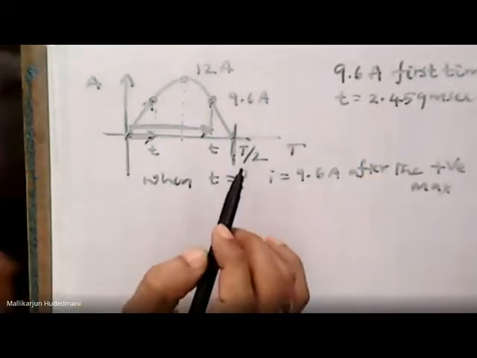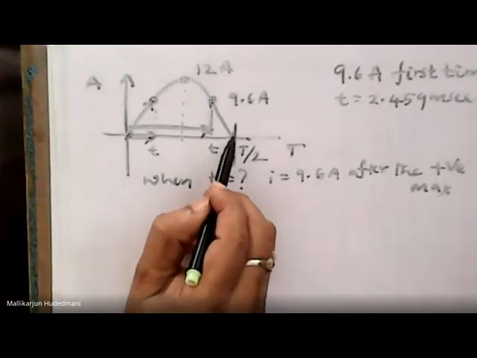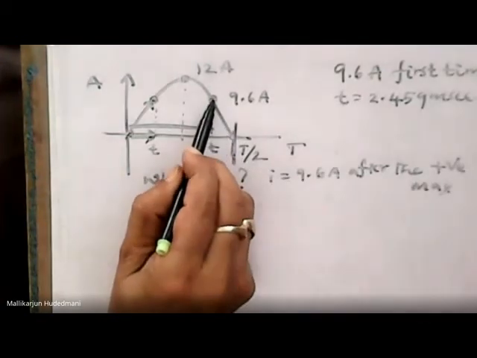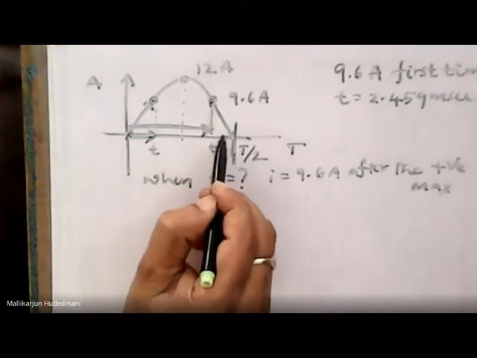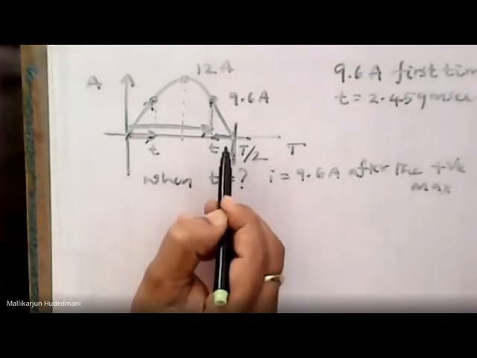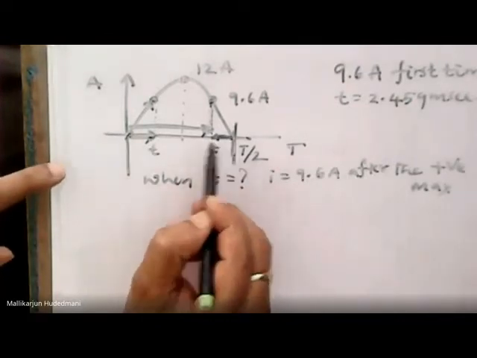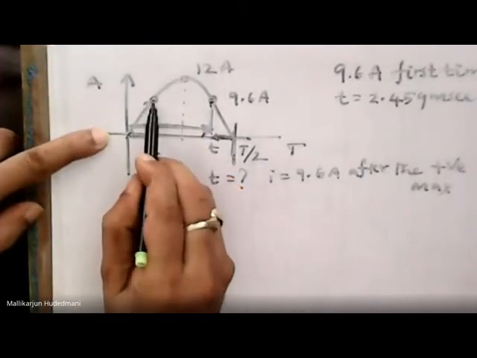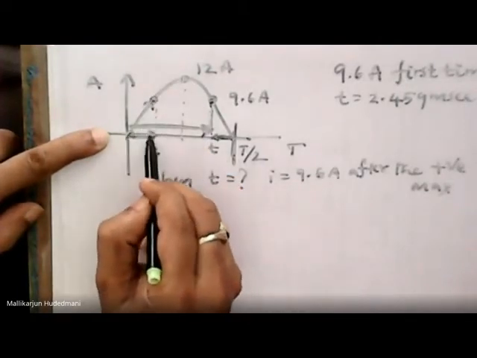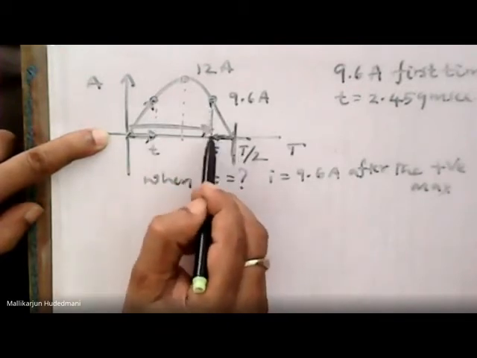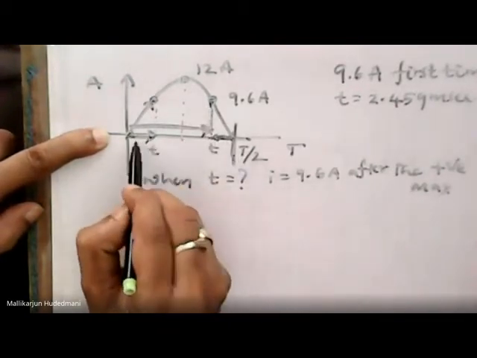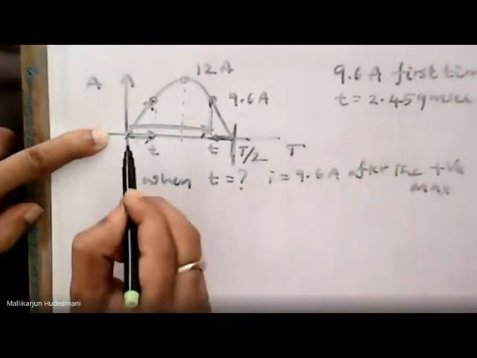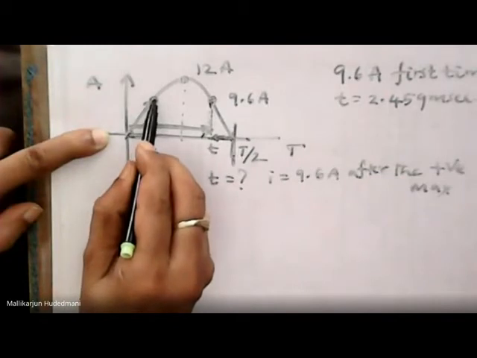Similarly, suppose I view it graphically in my mind. If this is the 0 mark, when does the wave attain 9.6 ampere again? Again from this mark, if I come backward, what is the distance I am going to travel on the time scale? It is the same t. Because of symmetry about this axis, 9.6 from this 0 and 9.6 from this 0 are equidistant. It means the value of time, 2.459 millisecond, which I used to obtain the value of 9.6 here,